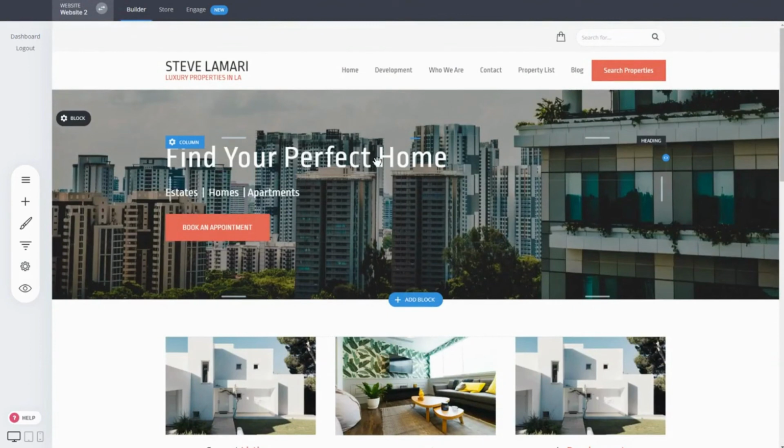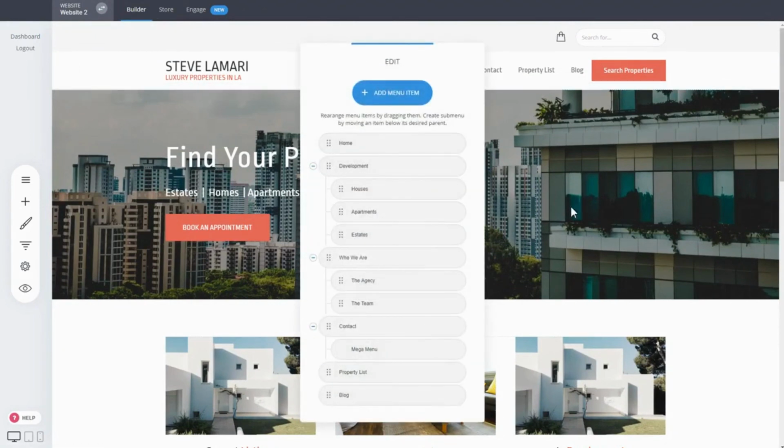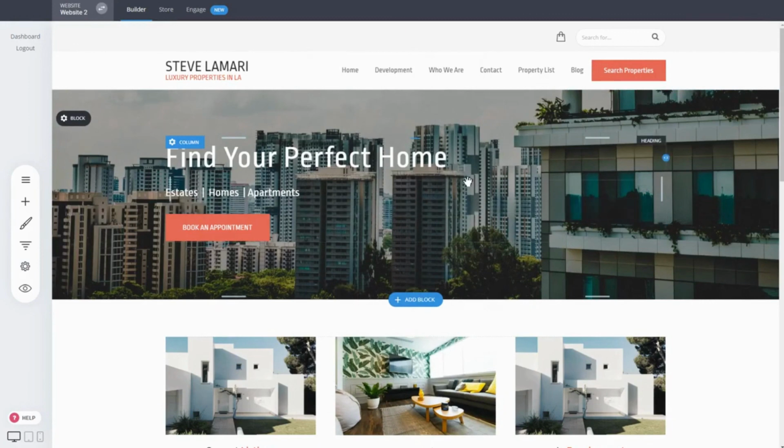So this is how simple it is to modify your headers, create different designs, edit your menu widget, and add different submenus and mega menus in a very simple and easy way. You can create the most amazing navigations so your visitors can easily find the information they're looking for. And yeah, this is it. If you have any questions, don't hesitate